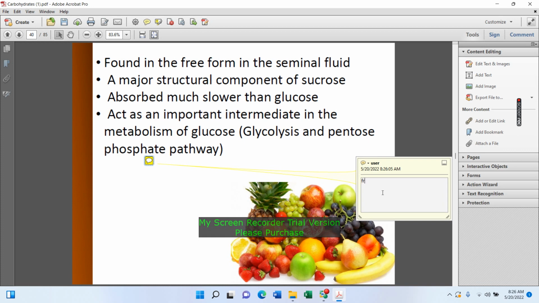So fructose is found in free form in seminal fluid. It's a major structural component of sucrose, we know that, and absorbed much slower than glucose. Why is it absorbed much slower than glucose? I don't know why. And the next fact is that it acts as an important intermediate in the metabolism of glucose. So fructose is also used as a